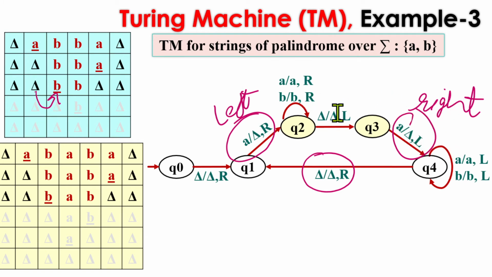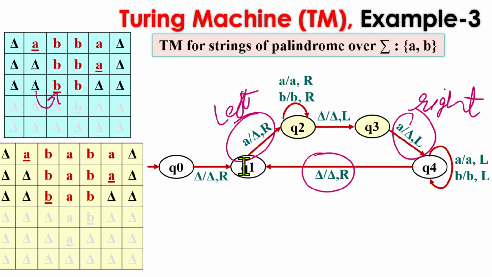So we need not check for B here, because we are requiring an A only on the rightmost position if we have started with an A. But in the same way, we need to define another path for another input symbol, as we have B as a second input symbol, so we need to define a separate path for B. In a Turing machine, for most of the cases we will have different paths for different input symbols, but the paths are very similar. Just we need to change A to B here. The rest of the processing is entirely the same.